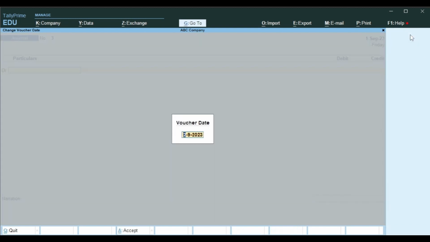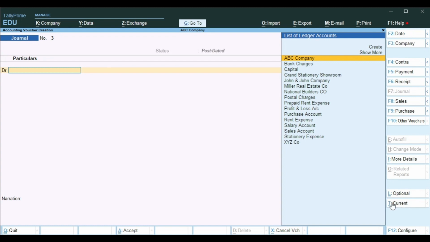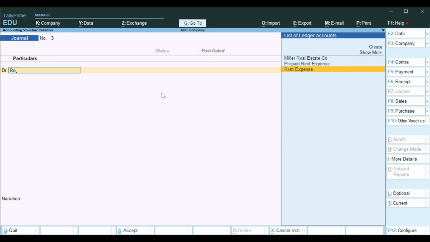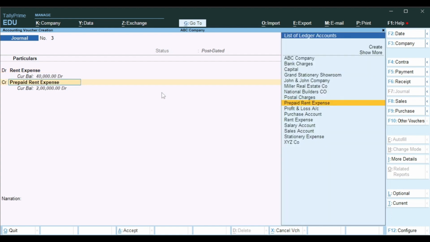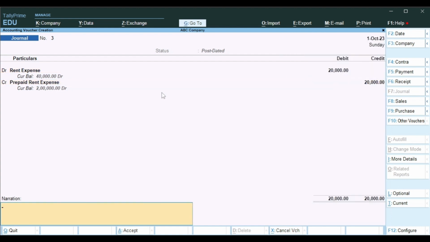Again we give for October 1/10/23, make it as post-dated. So rent expense 20,000 from prepaid rent expense 20,000. This doesn't change because I have done it only for 2 months. At the end of the date, I will show you how this rent will affect. This is rent used for